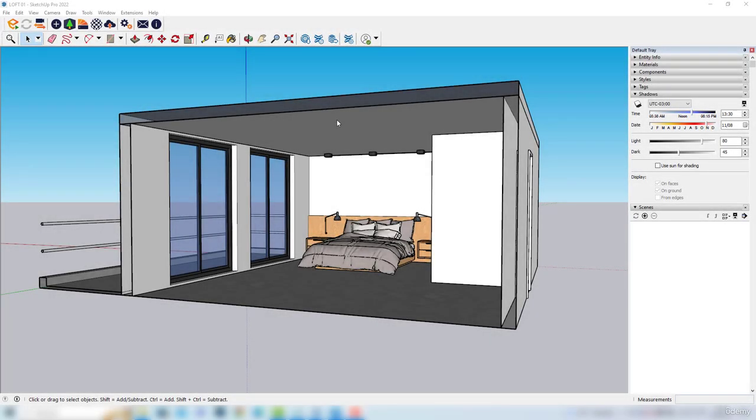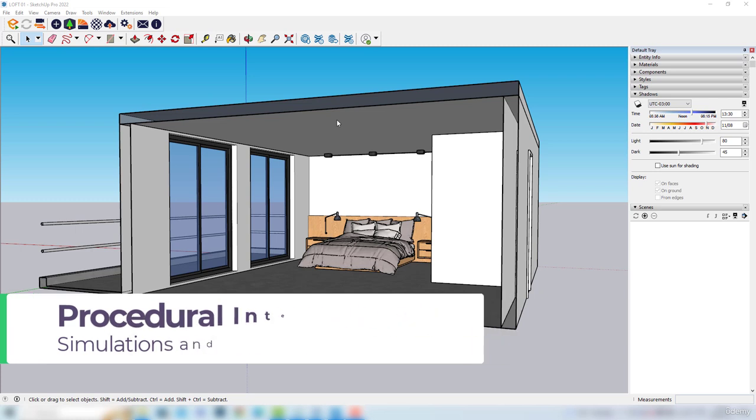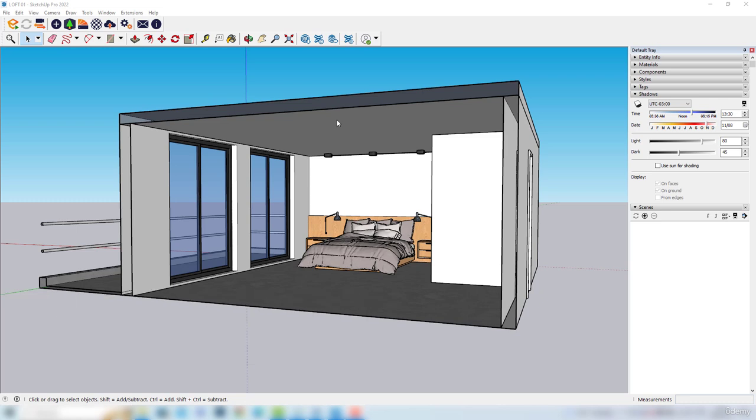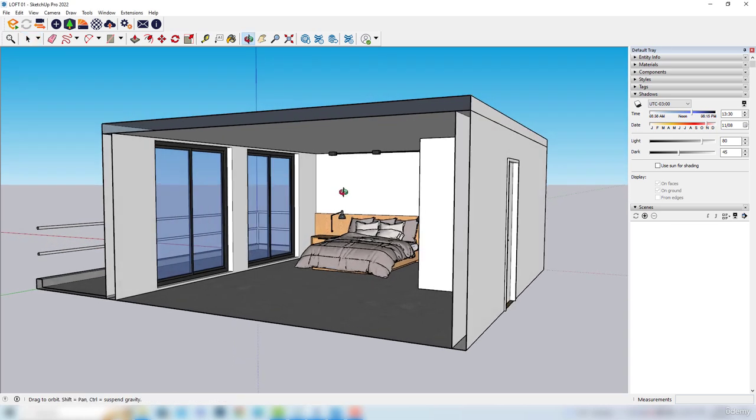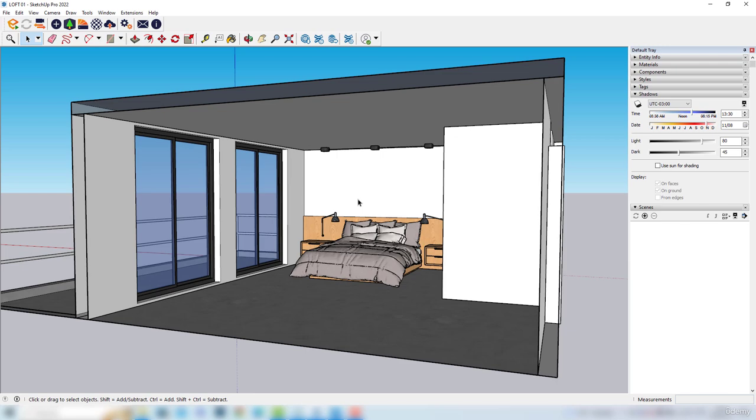Hey guys, what's up? In the following videos, we will talk about interior light simulations using Enscape, and you will notice that the lighting process is very similar to the exterior one. However, there are a couple of tricks that I would like to show you that can enhance the interior lighting final render. So I'm here with a bedroom that is located in a project of a loft that was actually